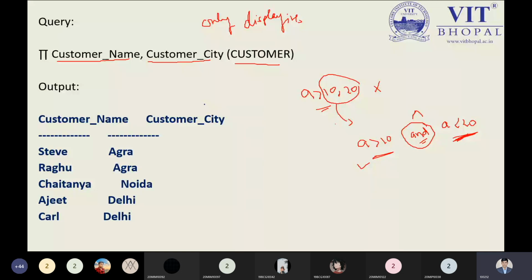So after seeing the select operation and project operation, we have another operation. But before that, let me ask once more. Now the fundamental part is clear to all right now? Select and project, is it clear to all? Yes, sir. Okay, good. So after this point, we have the next fundamental operation, rename.